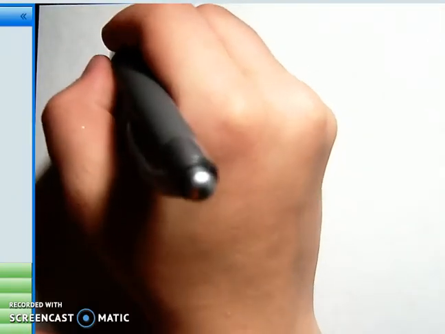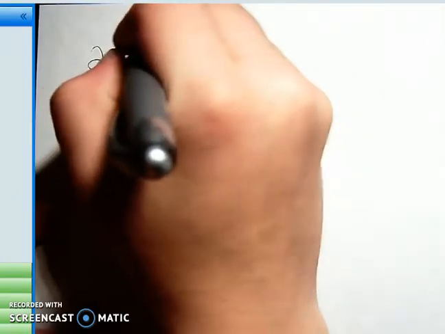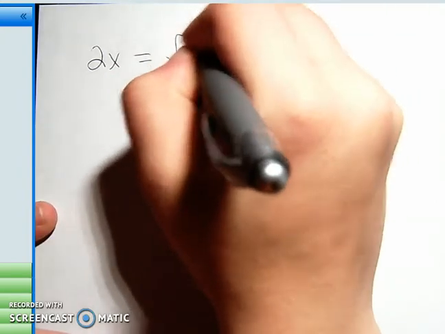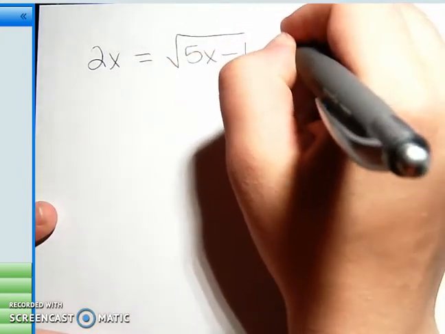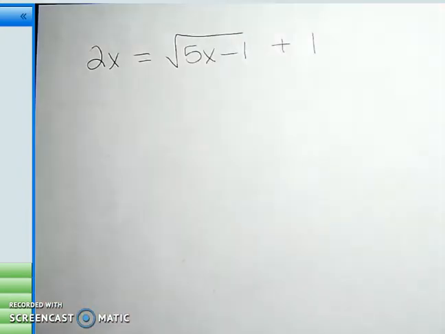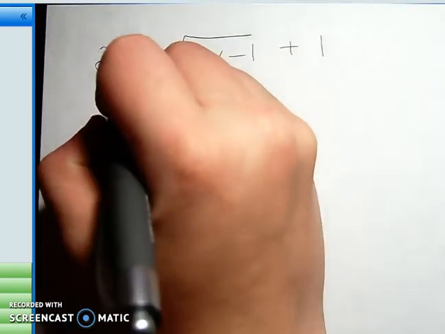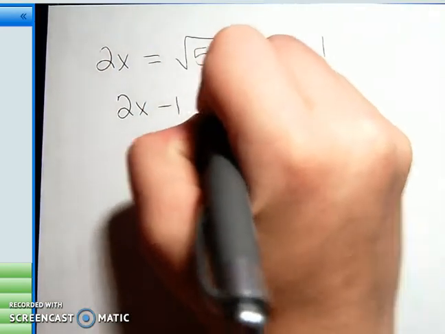Alright, another type of equation that you need to remember how to solve is a radical. So for example, 2x equals the square root of 5x minus 1 plus 1. If you remember, the goal here is to get the radical to go away and then to solve for x. So the first thing we do is move the 1 to the other side,